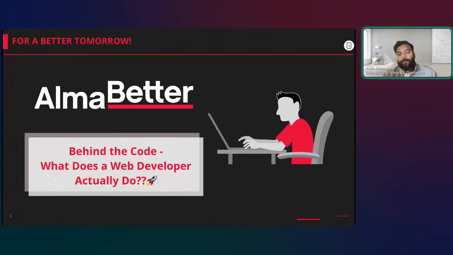So, my name is Alok Anand, and I will be your host today. In today's session, we are going to explore the world of web development, whether you are a beginner trying to understand the role of a web developer or somebody looking to transition into this field. There is always a confusion about the workings. How do they do it? What should I learn? What should be my journey from here? Whether it should be one language or another programming language. There are so many programming languages you will hear about. So, how do you start your journey and take it forward? Let's be excited for the session. I'm sure it will be worth your time.